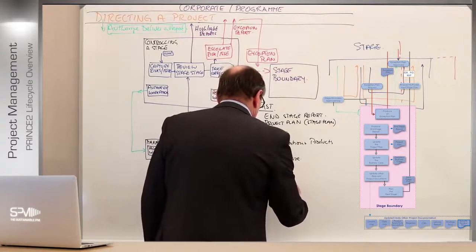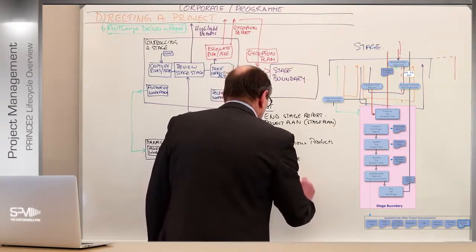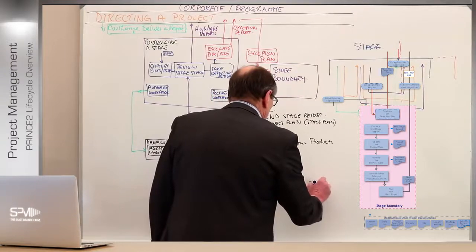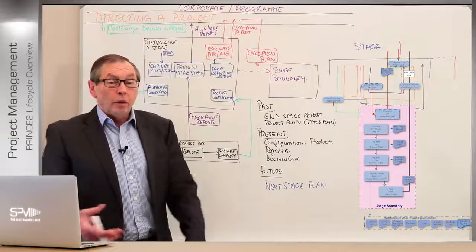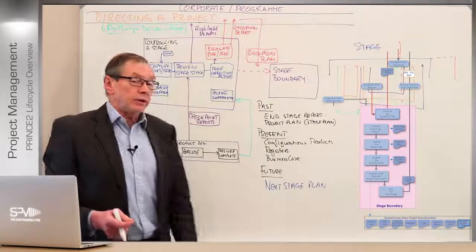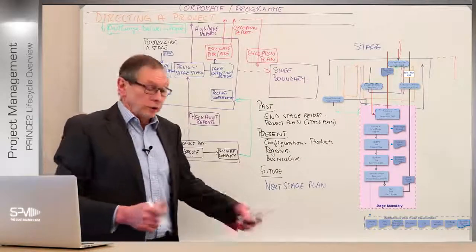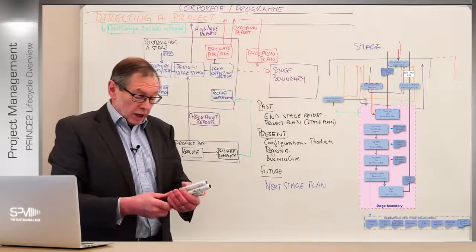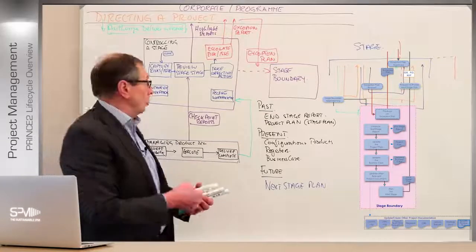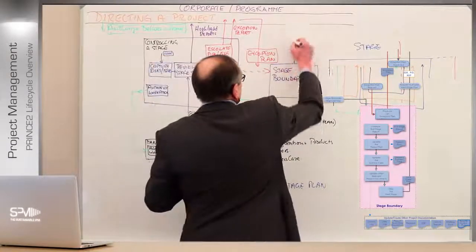And they will use that to say, what are we doing next? Do we still want that doing? Do we like the money we've got to spend on it? Is it still viable, desirable, and achievable based on this information? And at that point, if they're agreeable to that, because this is what we're doing in the stage boundary, what we will then do is go to the board to request